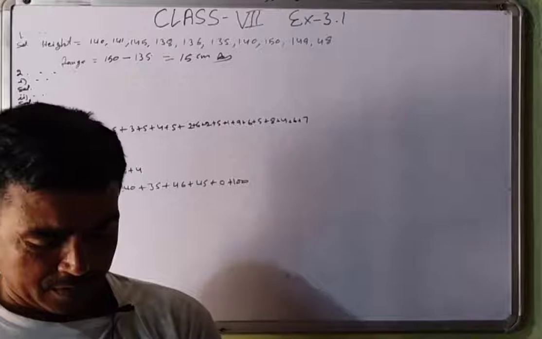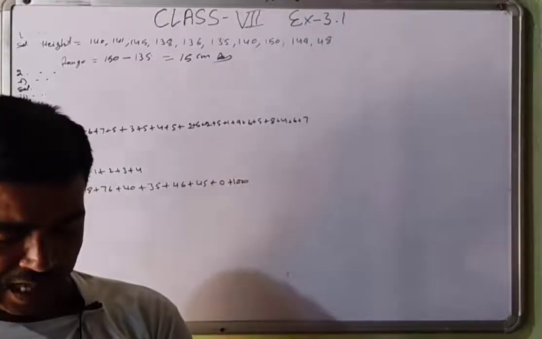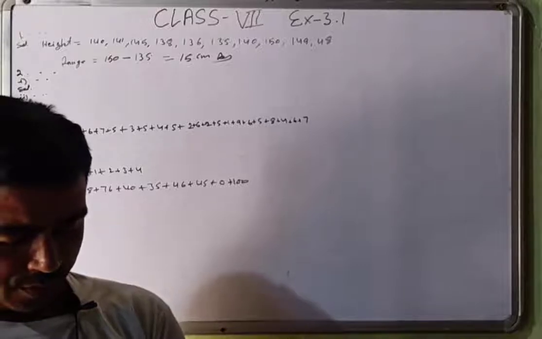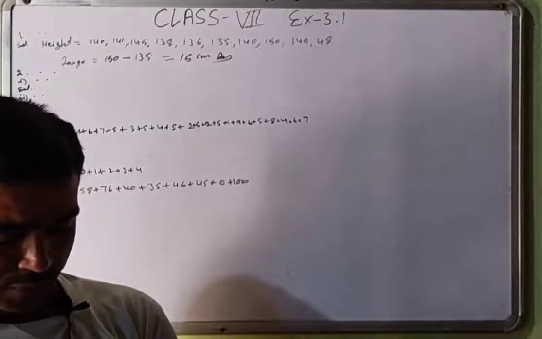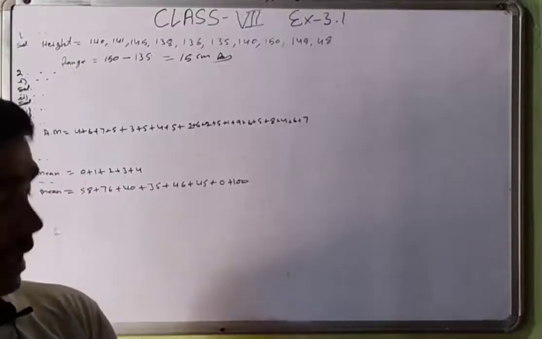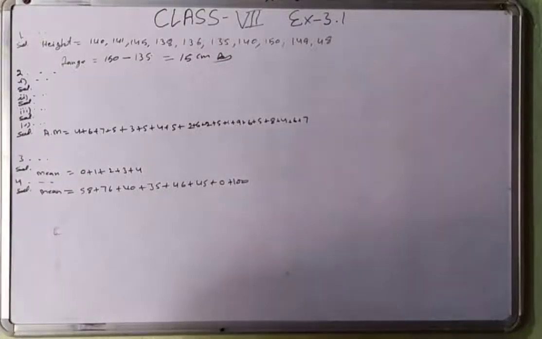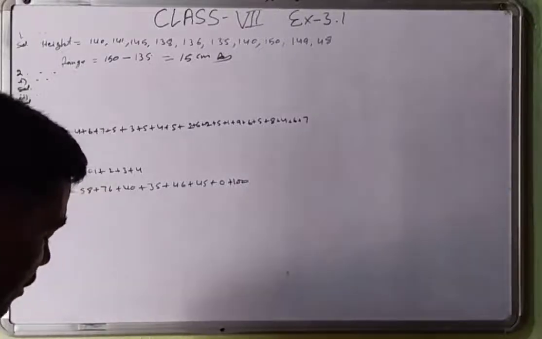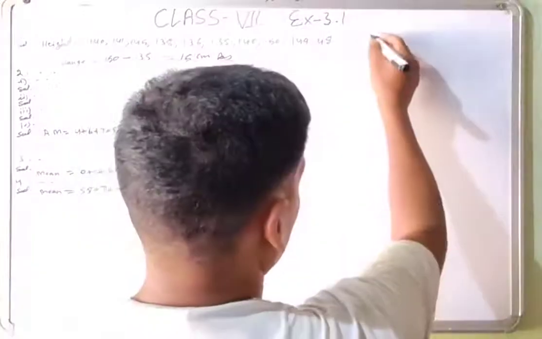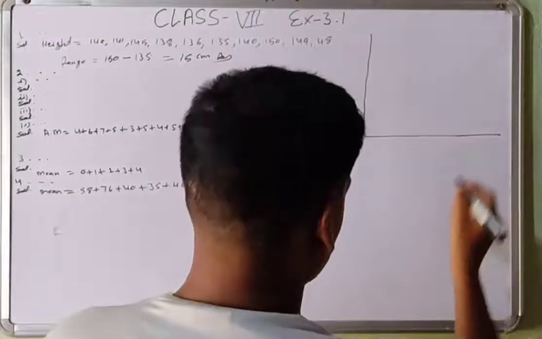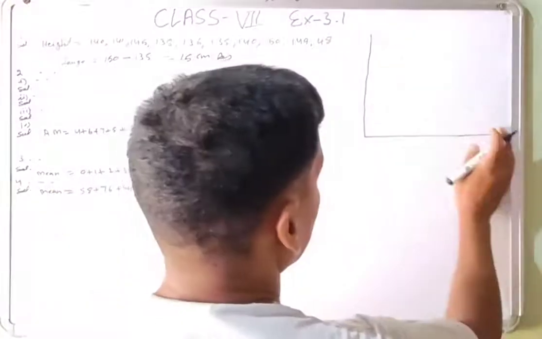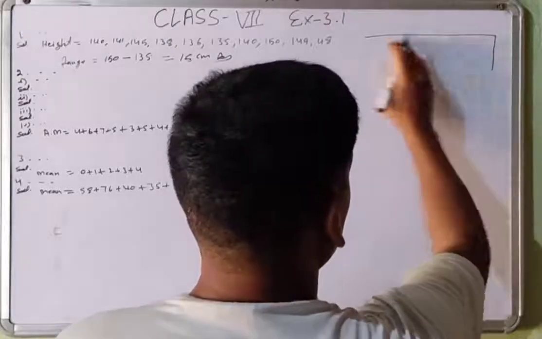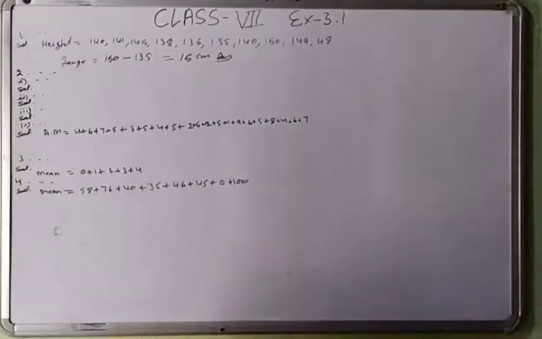Second question, organize the following marks in class assessment in a tabular form. 4, 6, 7, 5, 3, 5, 4, 5, 2, 6, 2, that means this is the given data. And then first of all you will draw a table of this data. How will you draw the tabular sheet? Like this. First of all see the question, then I will make a tabular sheet.